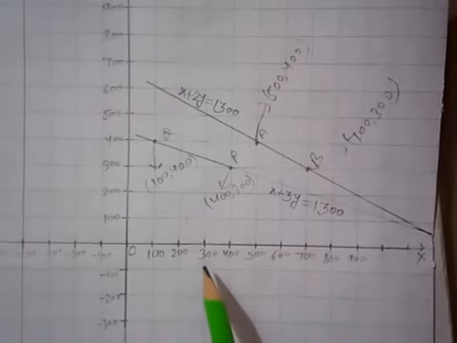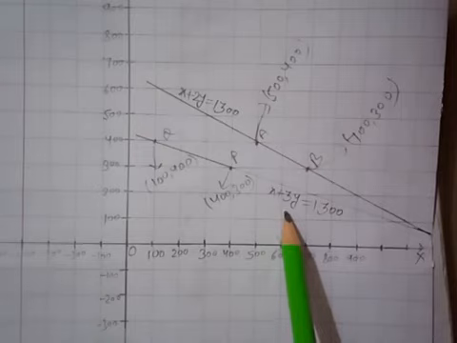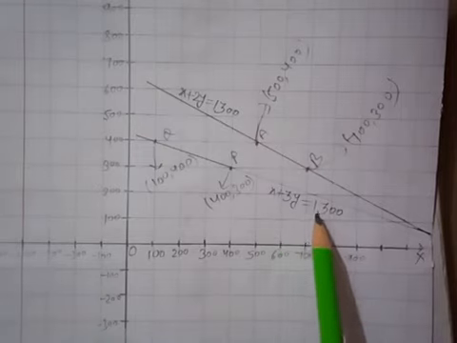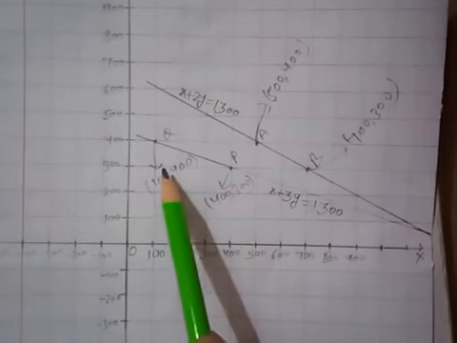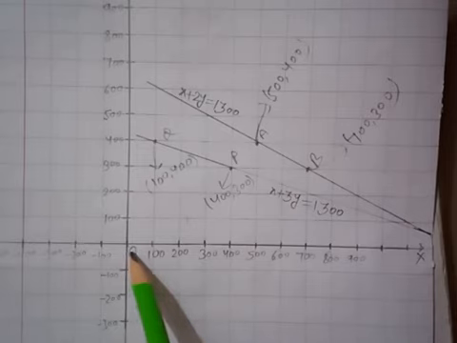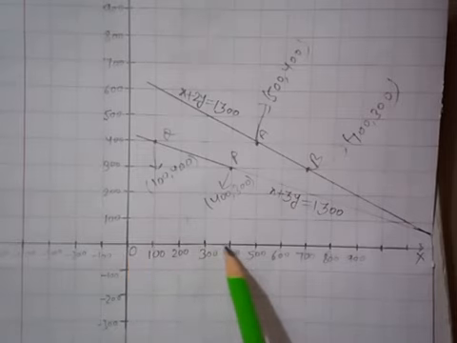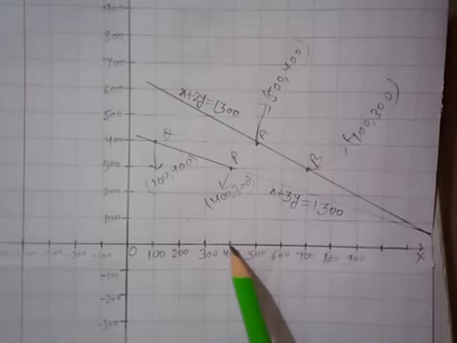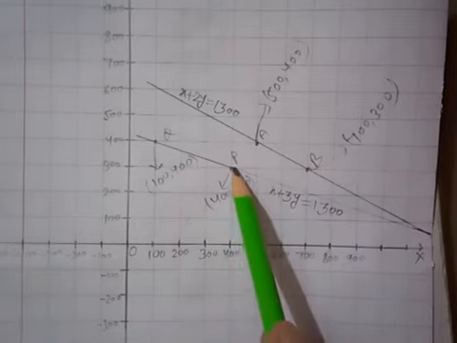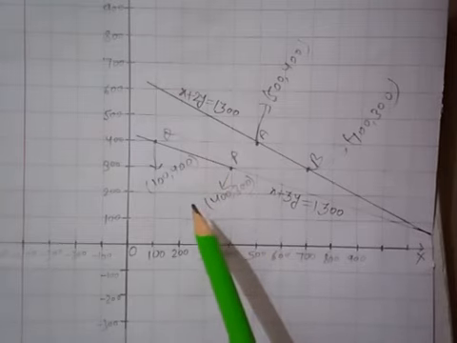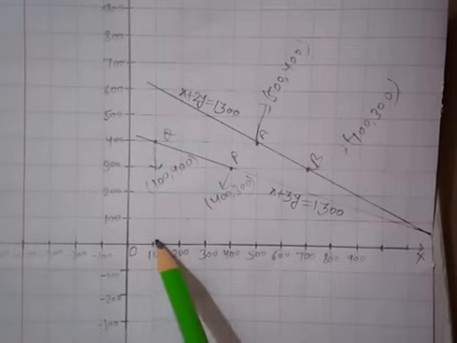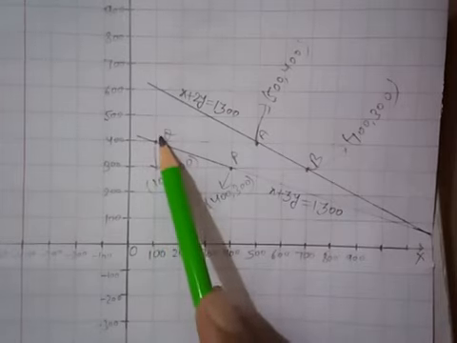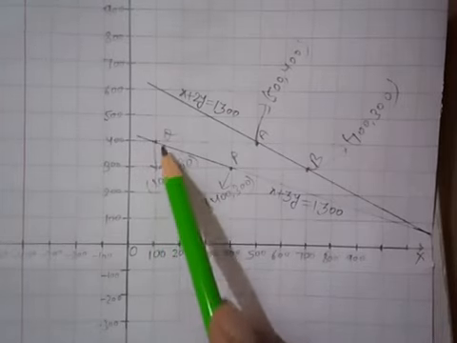And for the second equation, x plus 3y equal to 1300, we are having the points P and Q. P is 400 comma 300 and Q is 100 comma 400. Start from here, 1 2 3 4, and y is 300. Mark it as P. Now for point Q, start from here, 100 comma 400. So 1, and 400 on the y axis. This is point Q, 100 comma 400.